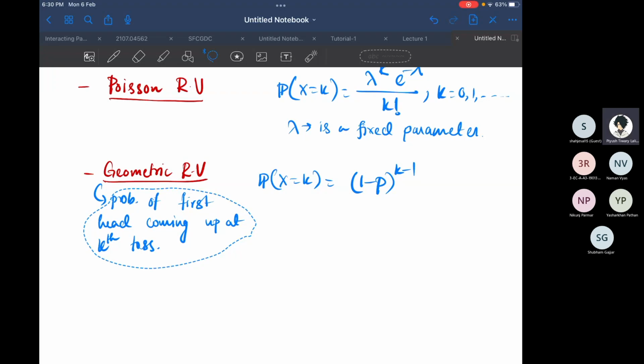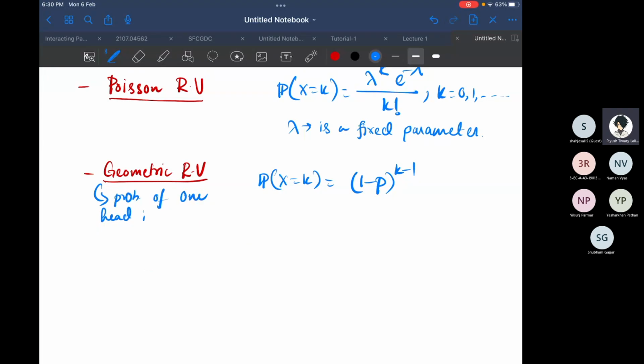One head in k tosses is what this is. So if I toss a coin k times, I want only one of it to be